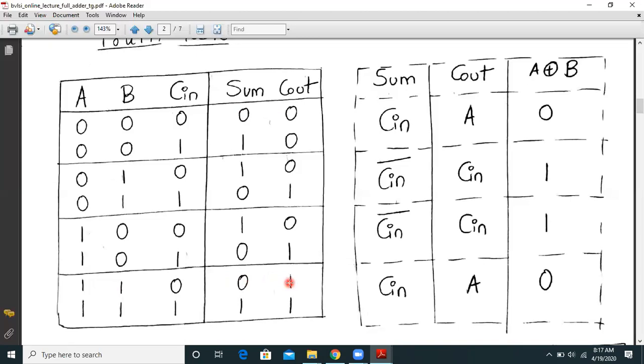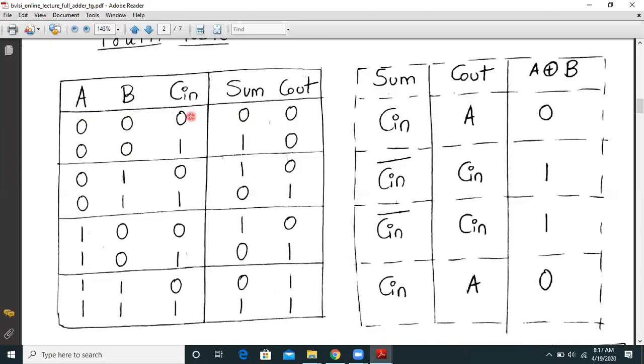Now let us closely look into the sum. Now if you look here in the sum for the first two combinations, that is A is 0 and B is 0, again A is 0 and B is 0, Cin is changing from 0 to 1. So basically whenever A and B both are 0, my sum is following the Cin.